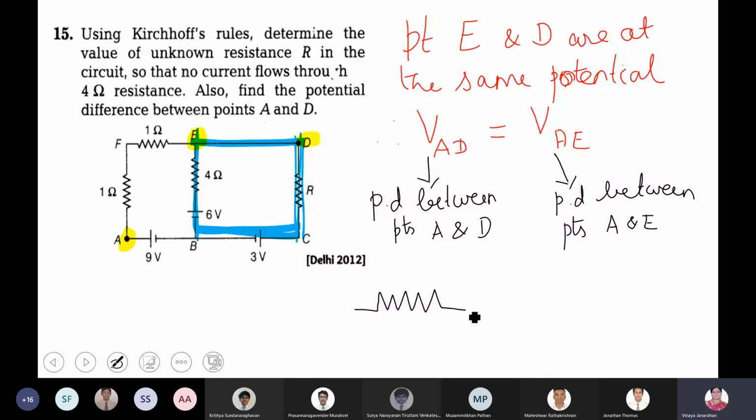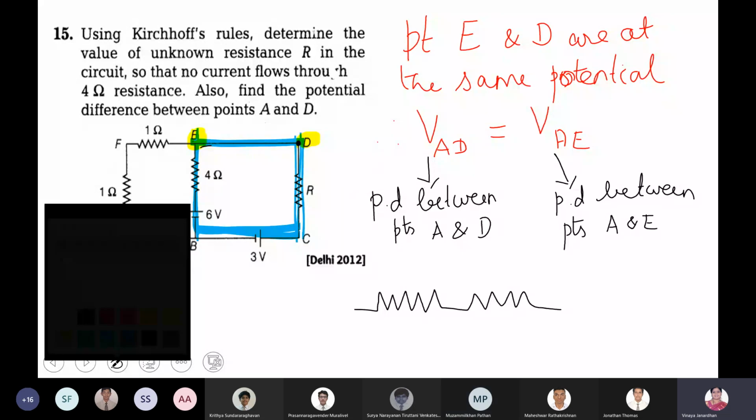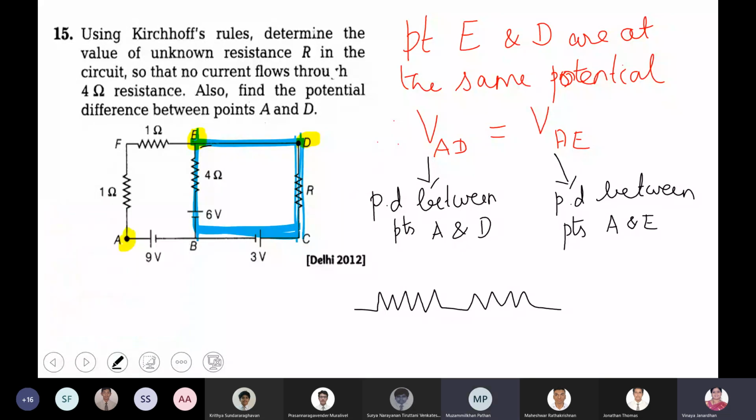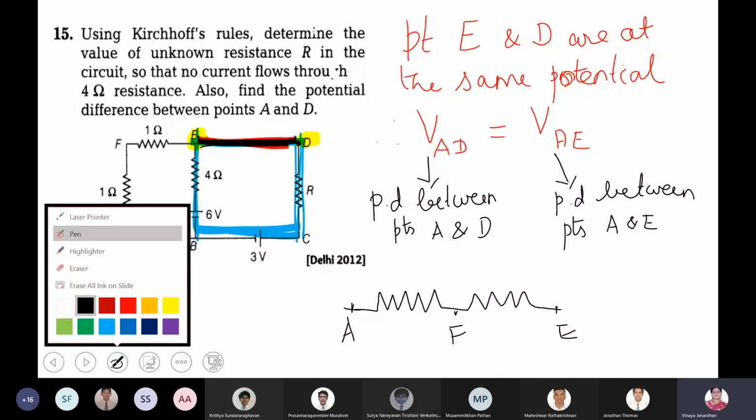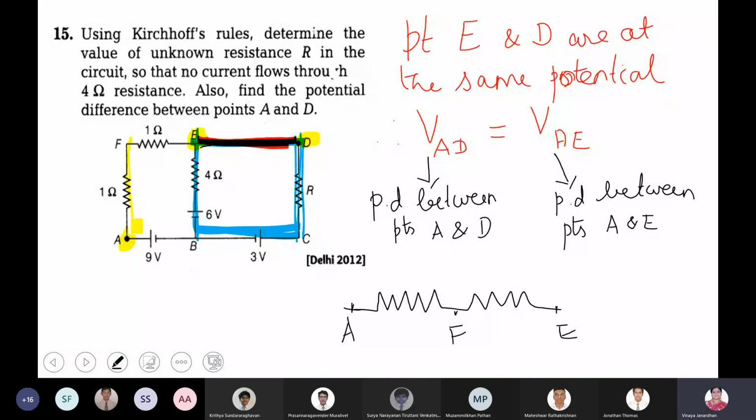Now I'll simply redraw the circuit. How is the potential at the same end? Because look at this part. Boys, one second, let me highlight with red. Look at this point. Is there any resistance over there? No, ma'am. So that's the reason at both the points the potential will be the same. Now let me mark this point. Can you check this in your circuit diagram? AFE, which one I'm looking for. I'm just taking this part, boys.